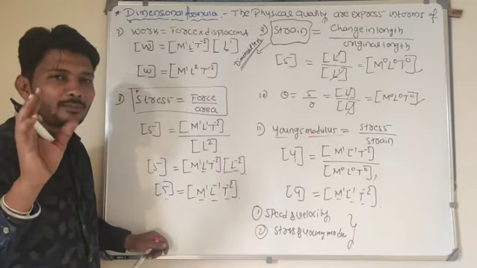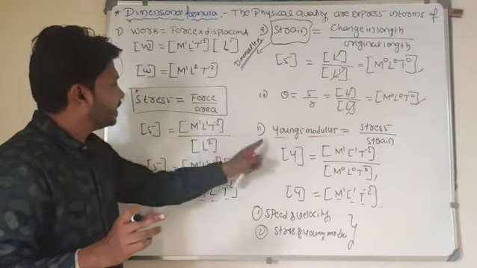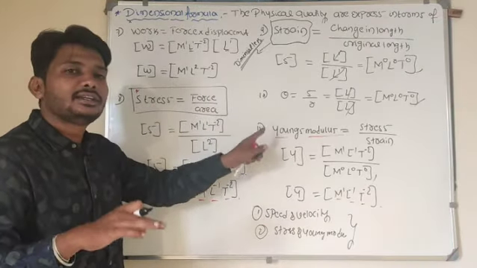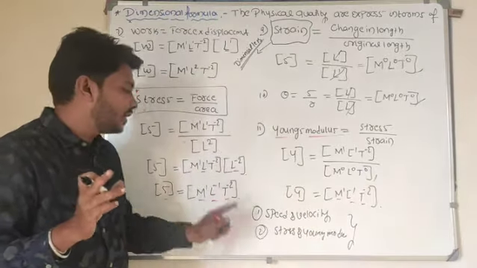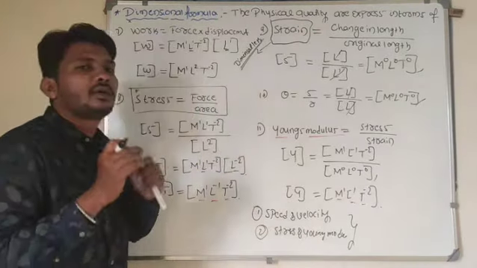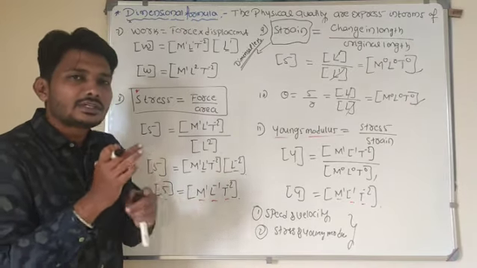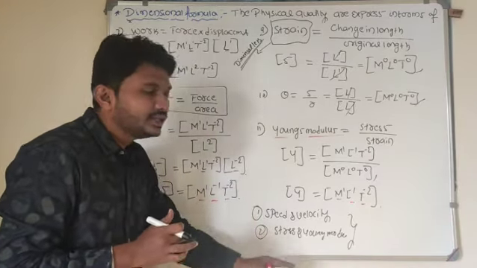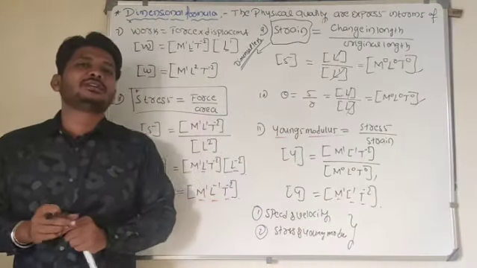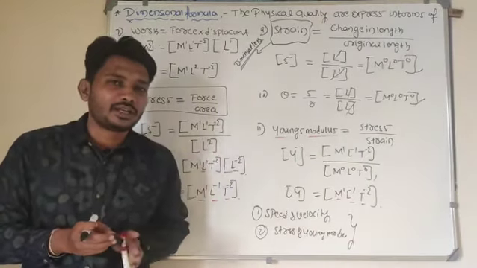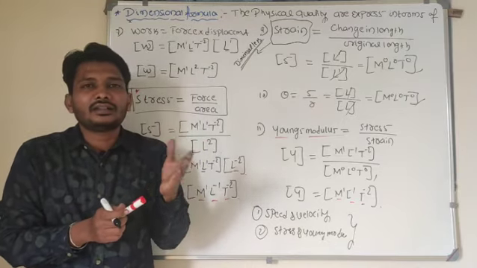I hope you will do it and post it to me individually on WhatsApp. I gave an example: some physical quantities have the same dimensional formula. What are those? Speed and velocity are one pair. Stress and Young's modulus have the same dimensional formula. Give some more examples related to these physical quantities. I hope you are understanding these dimensional formulas. In the next class we will understand what the types of these